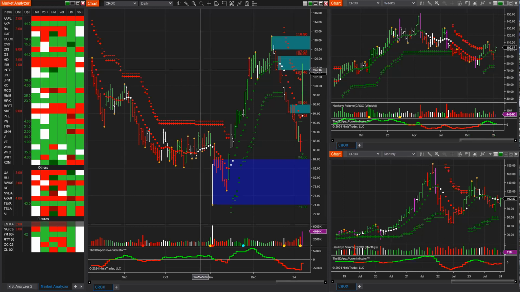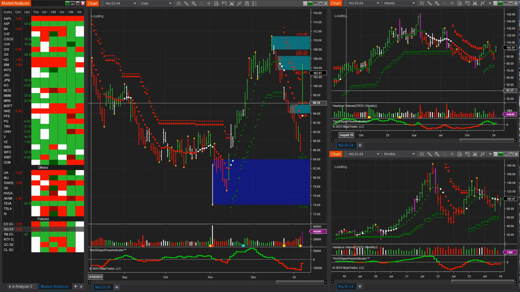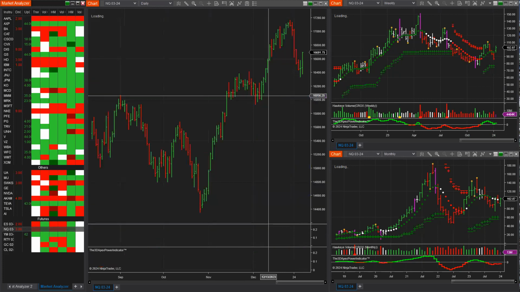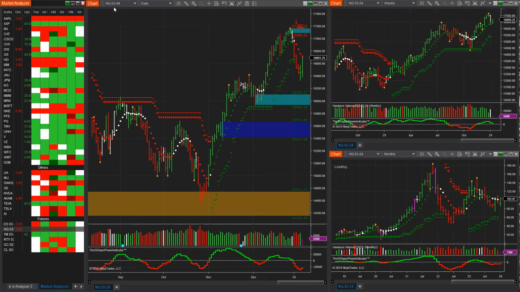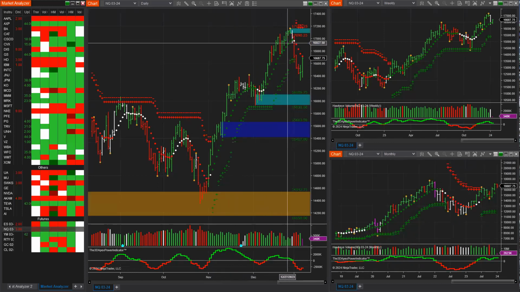NASDAQ. All right, so you want to look at the futures. So I'll look at the March futures contract for the NASDAQ. March futures contract is the NQ H24. And so we're looking at the bullish trend on the NASDAQ. We saw from the Russell, the IWM ETF is showing a very similar chart. We also looked at the S&P, but the NASDAQ is a little bit more bullish in this case because it's